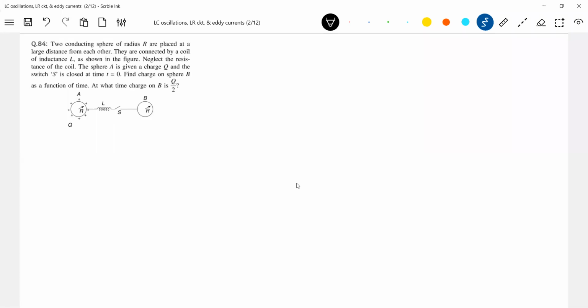Here he has not mentioned any resistivity. If he mentions it, you have to take the resistance into the picture also. So there's no resistance, and only capacitance is what you have to include here. Now, the problem is very simple. It is just like capacitance CA, CB. So the entire problem